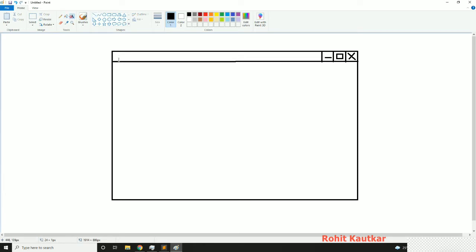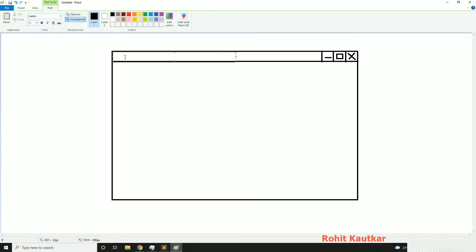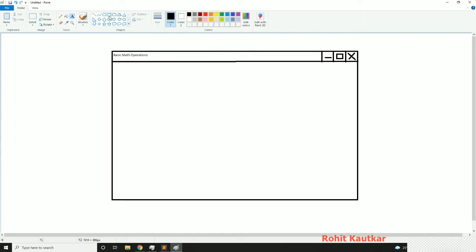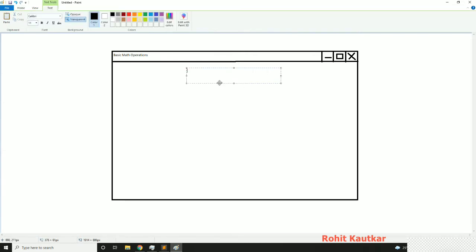And the title for this I will specify over here: Basic Math Operation. This will be the title of our frame. Next to this, I will add one label at the center of this frame, and that label will be Basic Math Operations.